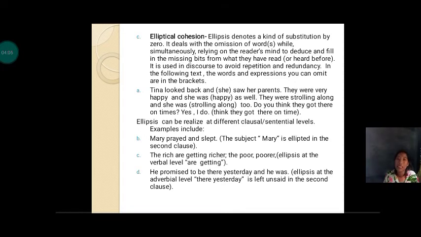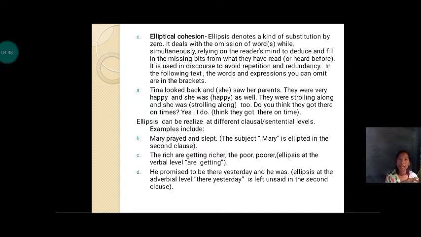Here it is: Tina looked back and she saw her parents. They were very happy and she was happy as well. They were strolling along and she was strolling along too. Do you think they got there on time? Yes, I do think they got there on time. Ellipses can be realized at different clausal and sentential levels. Examples include: